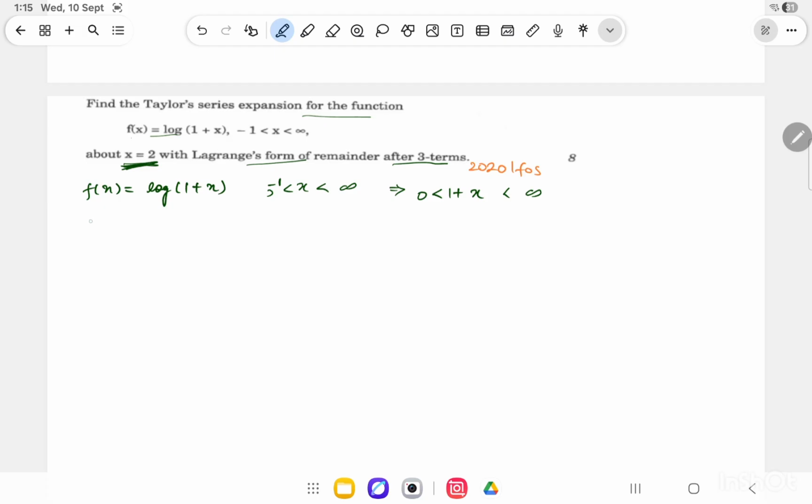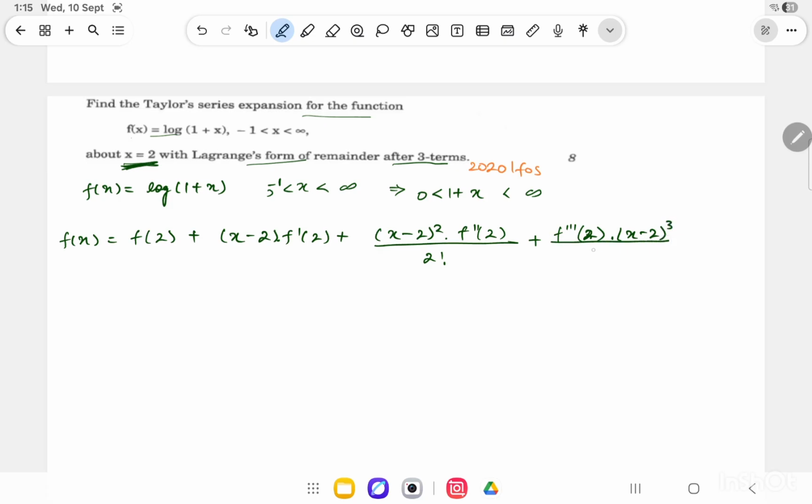So we got our expansion as f(x) = f(2) + (x - 2) f'(2) + (x - 2)^2 f''(2)/2 factorial + (x - 2)^3 f'''(2)/3 factorial and so on, plus Rn, where Rn is the Lagrange's form of remainder, and my Rn is basically